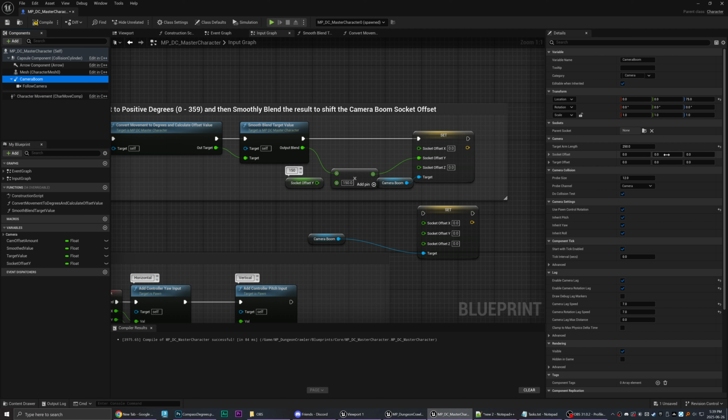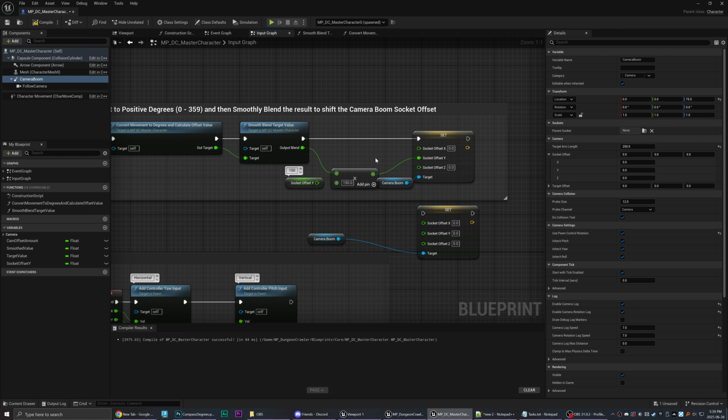So if we typed in 150 here, you'll see that that shows up as the Y value. So you drag in your value here into the Y offset, which is what I already did up there. And that is how we dynamically adjust the socket offset amount.